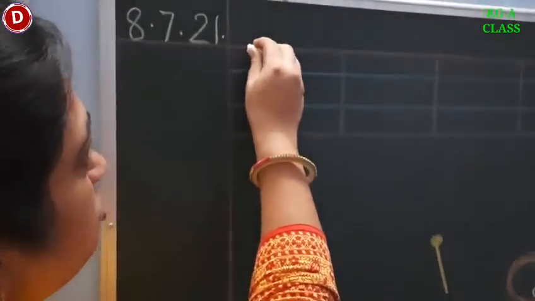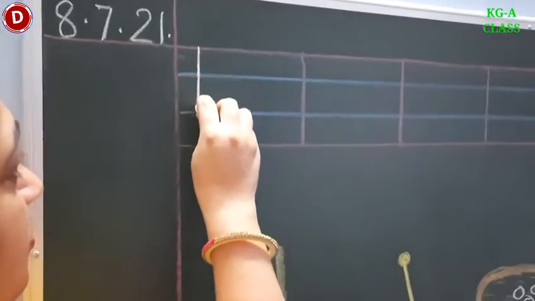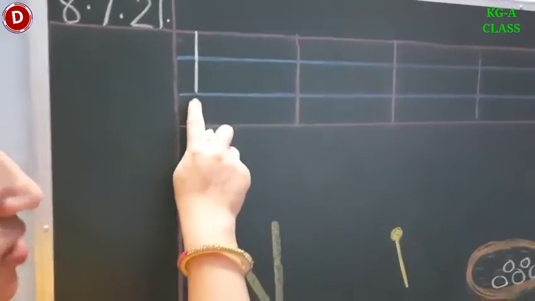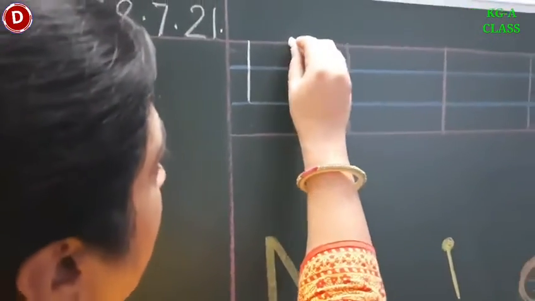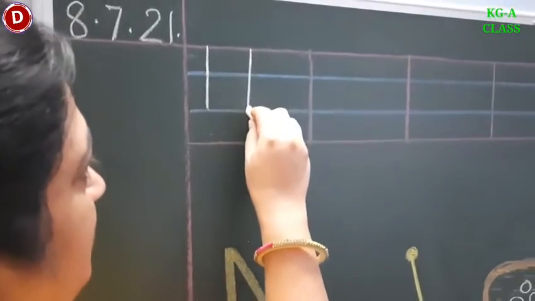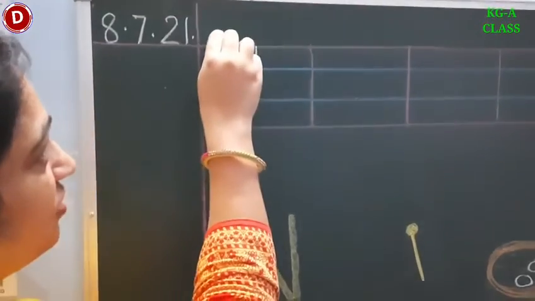First you have to put your pencil on the red line. You have to make a standing line till the second blue line like this. Leave some gap. Again, make one more standing line like this. Now children, leave your hand. Now again, go up on the first standing line.